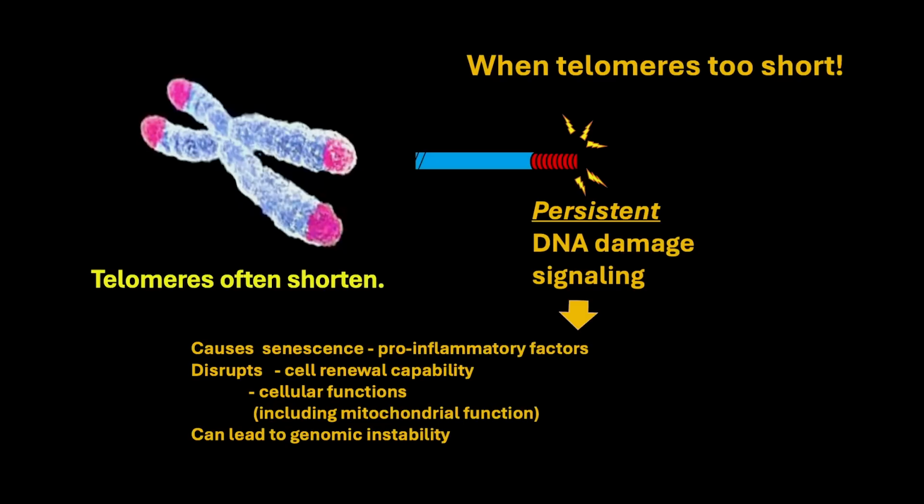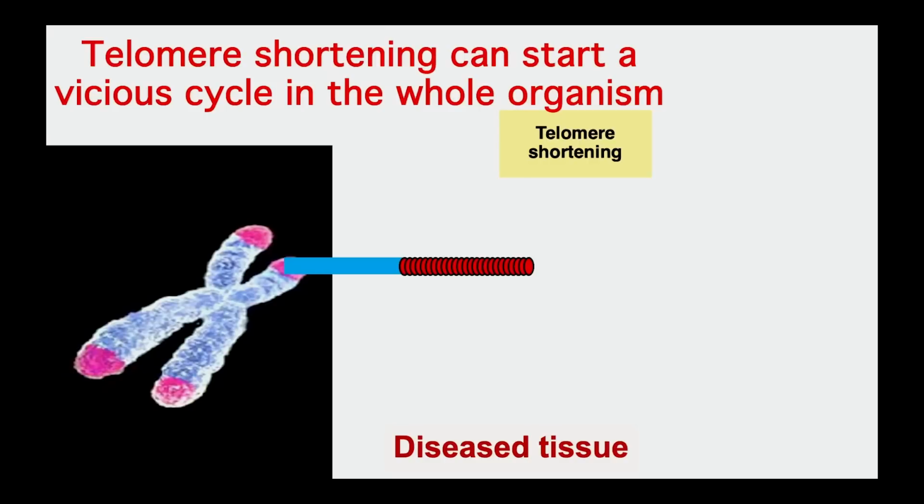But also cellular functions are affected, and many groups have contributed to this understanding, but for example, mitochondrial function is actually disrupted and leads to more reactive oxygen species, for example. So it can also lead to genomic instability as well, as those ends sometimes confuse with each other. So there's more than that, though. So the things that go on inside cells are bad enough when you have this signaling, but as I said, cells that are senescent, they've been well-studied profiles of what they secrete, and so they can have effects throughout the whole organism. And this can set up actually a vicious cycle.